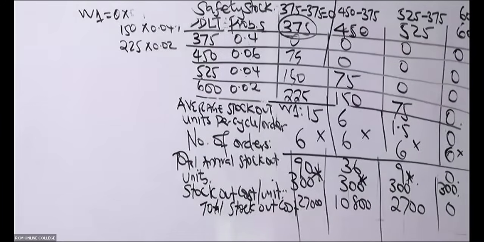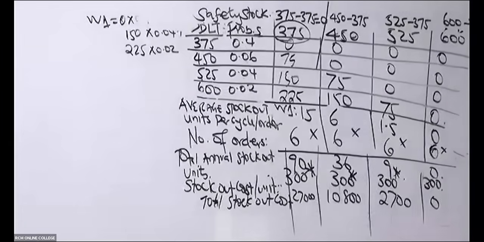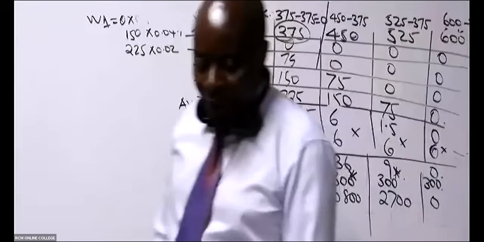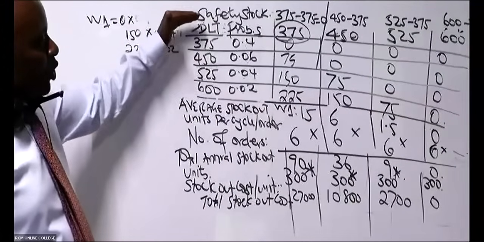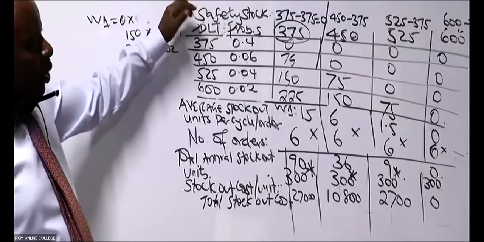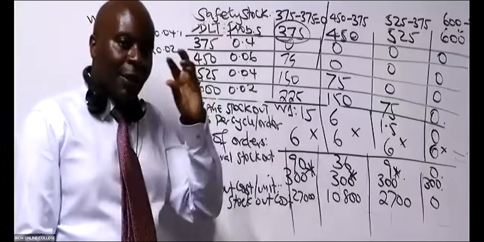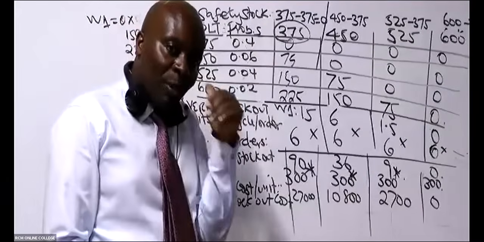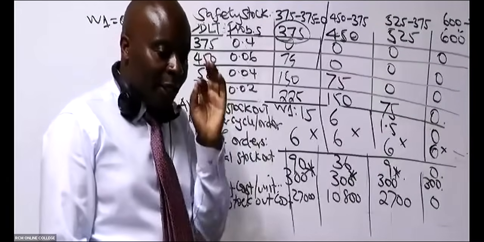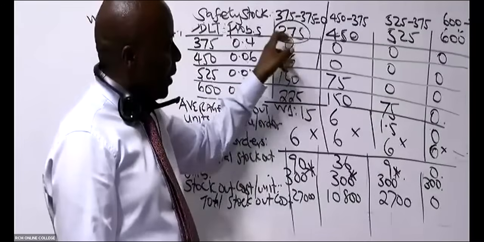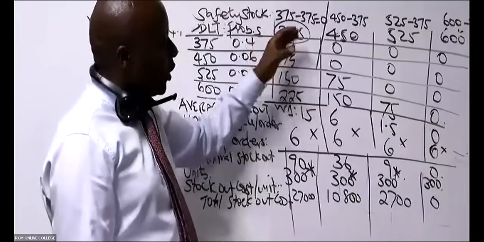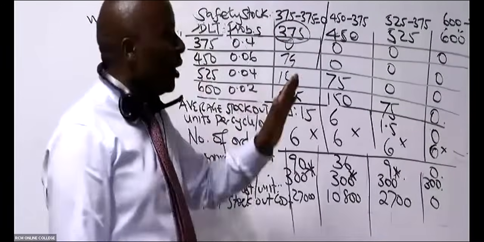Let me just open up my lens a little bit. So remember, we explained this, and you can take this approach. This approach is very, very good. You simply come and write safety stock at the very top. So how do we get these safety stocks? Remember that the very first figure given is the reorder point without any safety stock. Safety stock there is 0. To get it, you simply take the same number minus 375, which is the smallest. So this smallest is what you subtract from each number that you're seeing here.